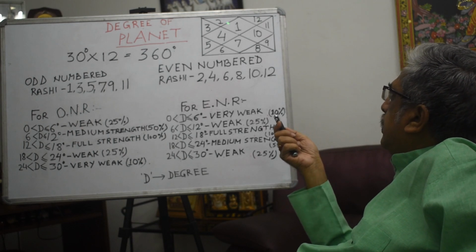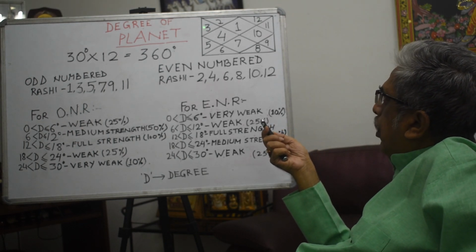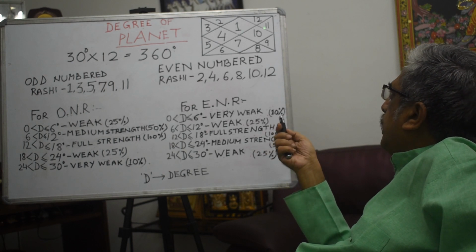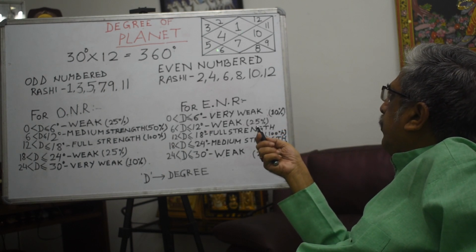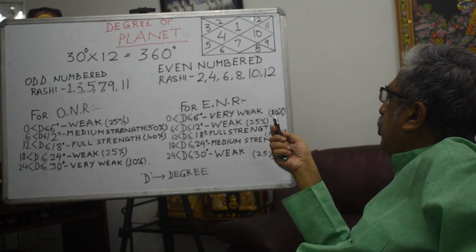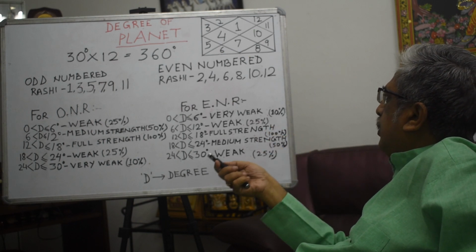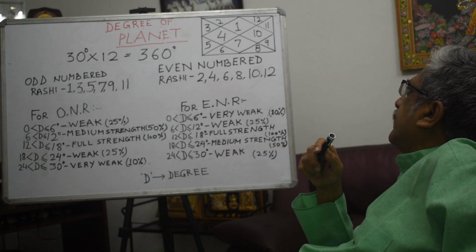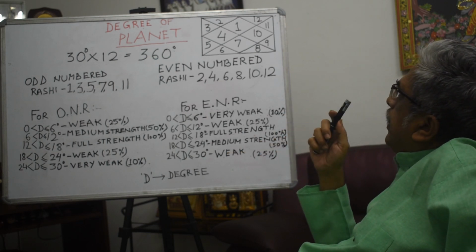Each house has a width or a span of 30 degrees. So the total span covered in the horoscope is 12 into 30, which is 360 degrees. What it practically means,